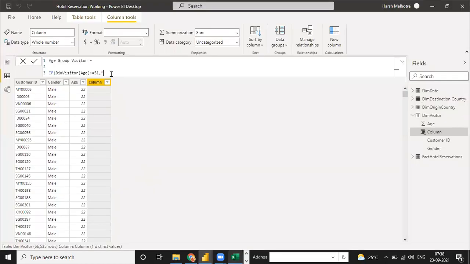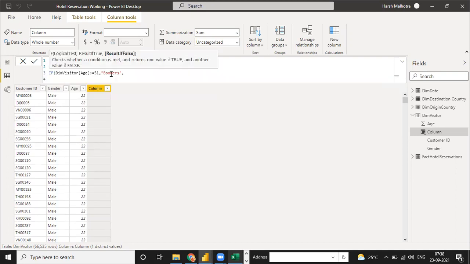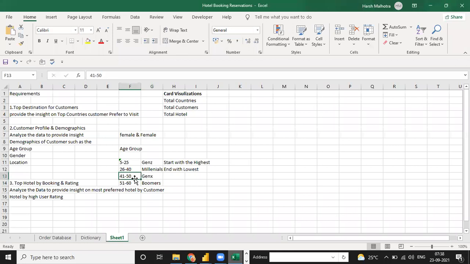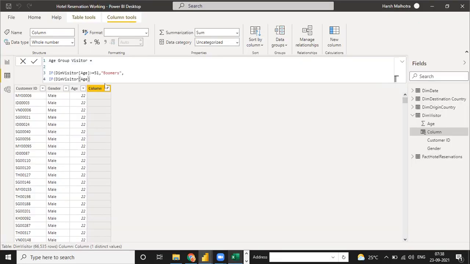So write Boomers, then a comma, and click on the new line. The new line is again a function, written like visitor age. If the visitor age, the second option, is greater than or equal to 41, you need Gen X.